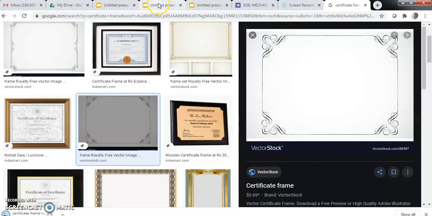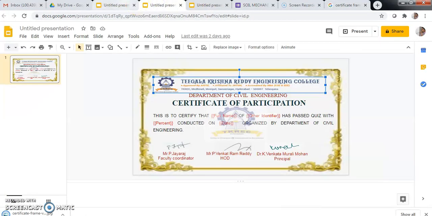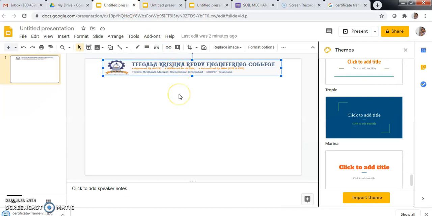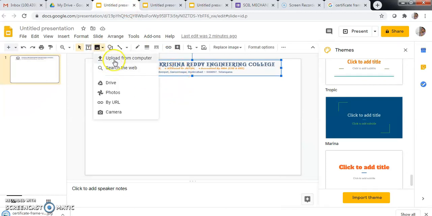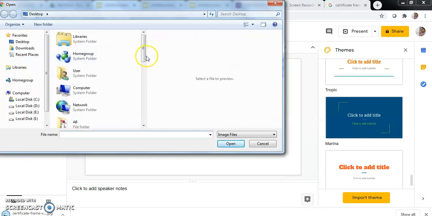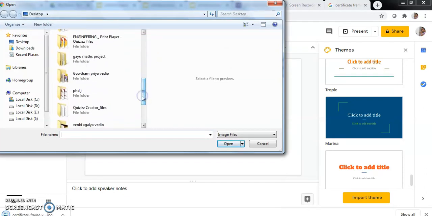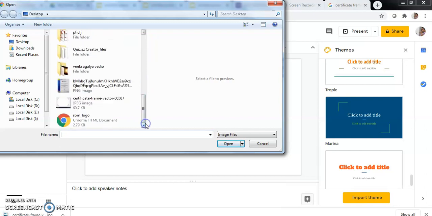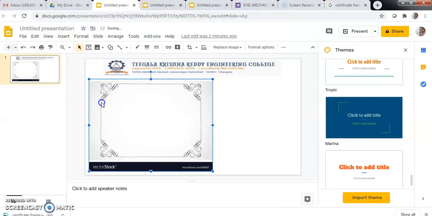So now I have to upload this certificate frame. You choose the image option, upload from computer. In this I am selecting this frame, so the frame is created.